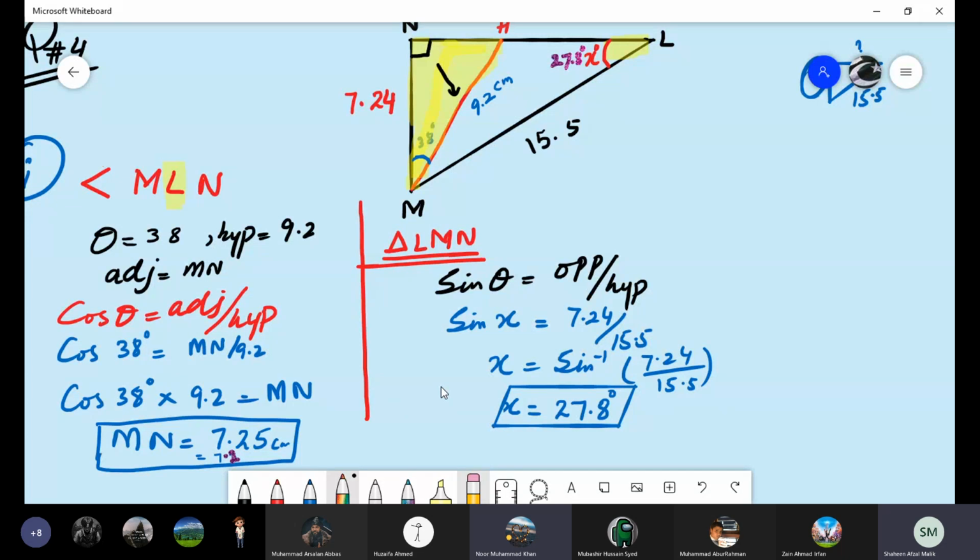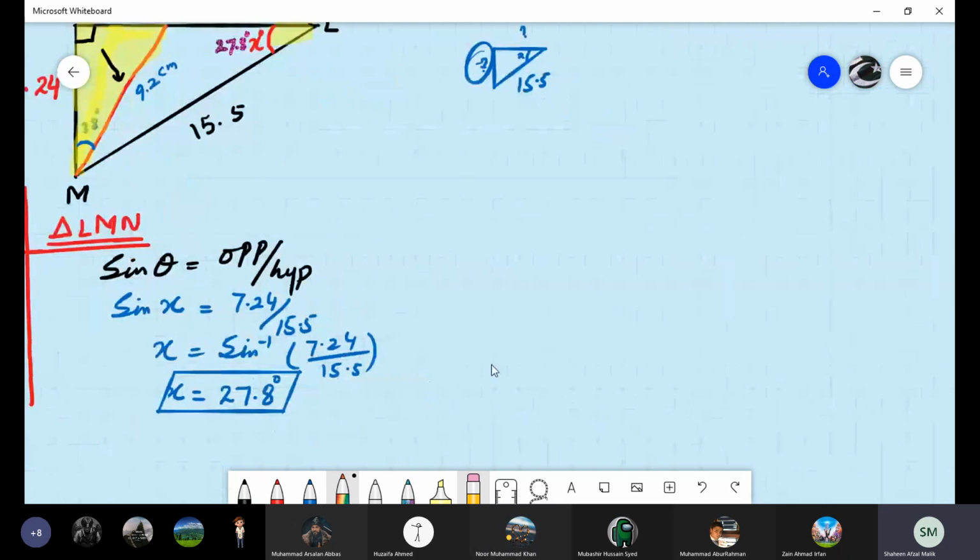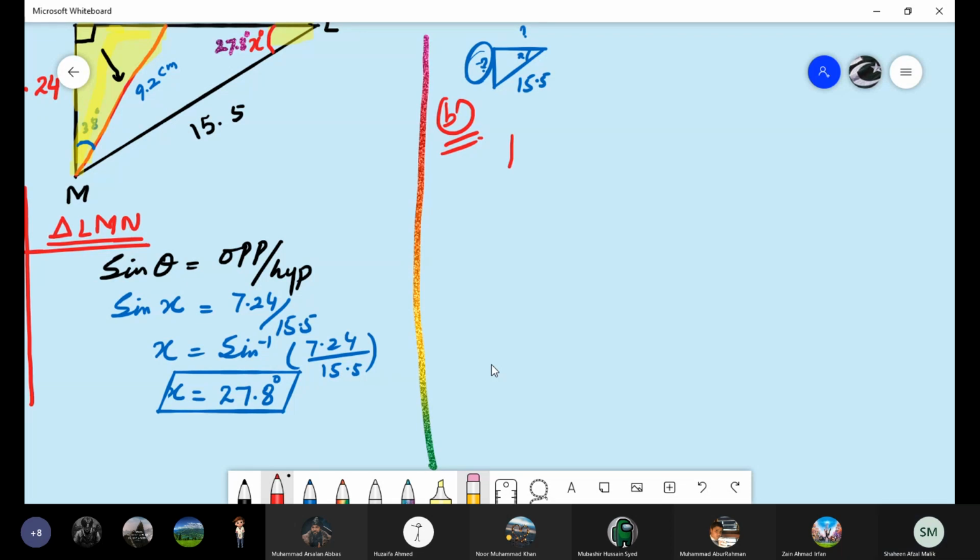Trigonometric ratios, that is, we can use sine and cos both. We need two ratios because we want to find out, look at this one. I'm going to draw a straight line here just to differentiate, and then we will move to the second part, the B part. Actually, you want to find the length of HL. Your main question is that you have to find the length of HL.